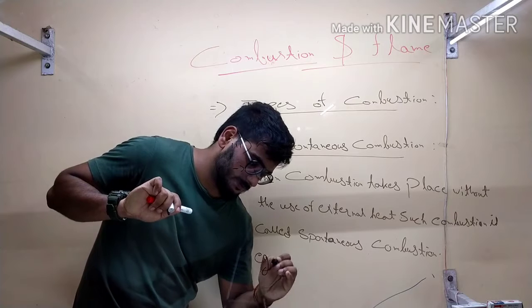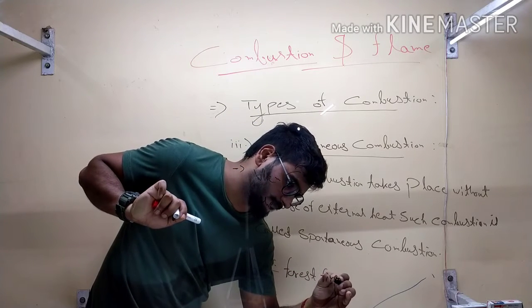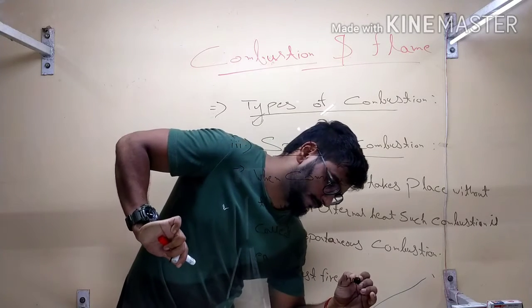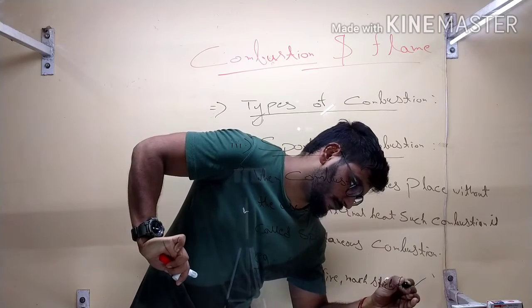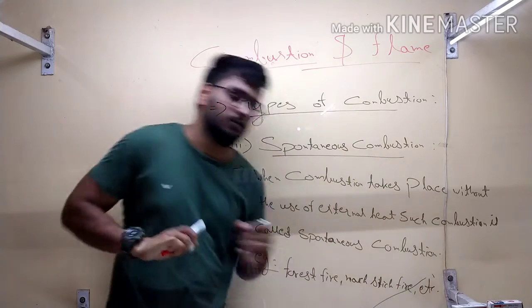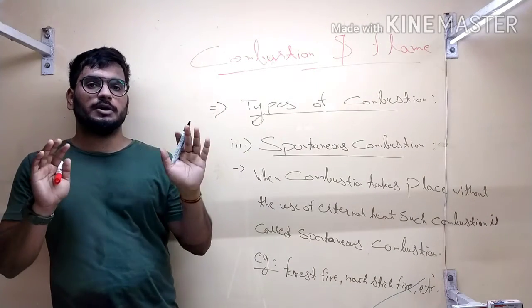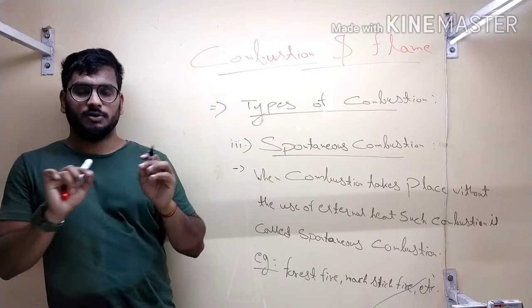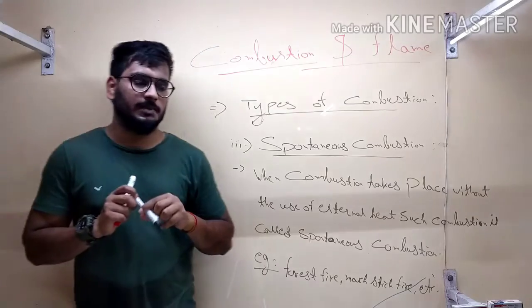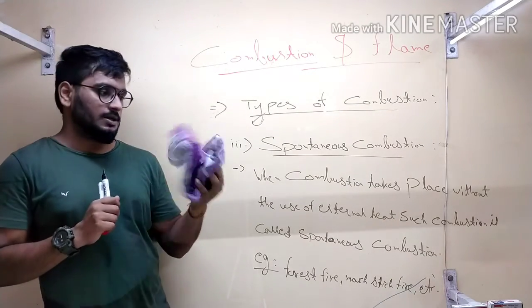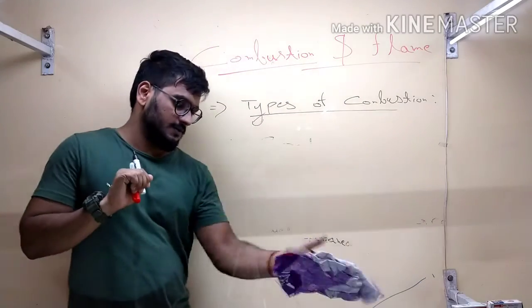For example, forest fire, matchstick fire, etc. So when you burn a matchstick, you do not require an external heat. You just rub them and ignition takes place. So that's my point, that's spontaneous combustion. So note this one, then we will move forward to the last type of combustion, which is